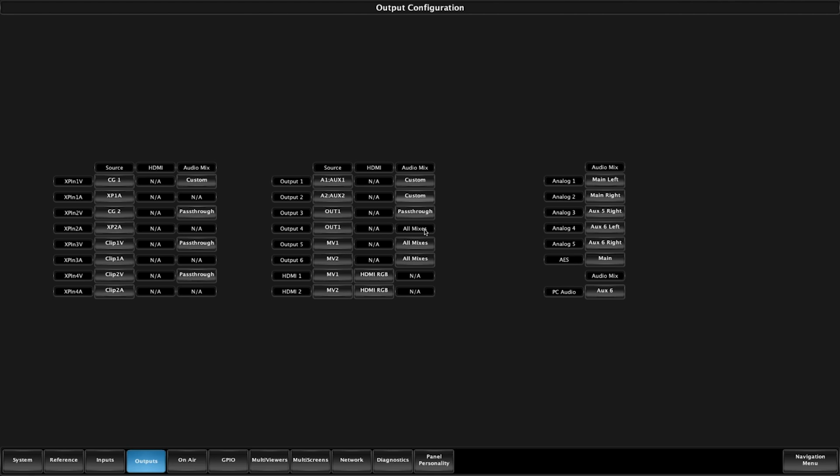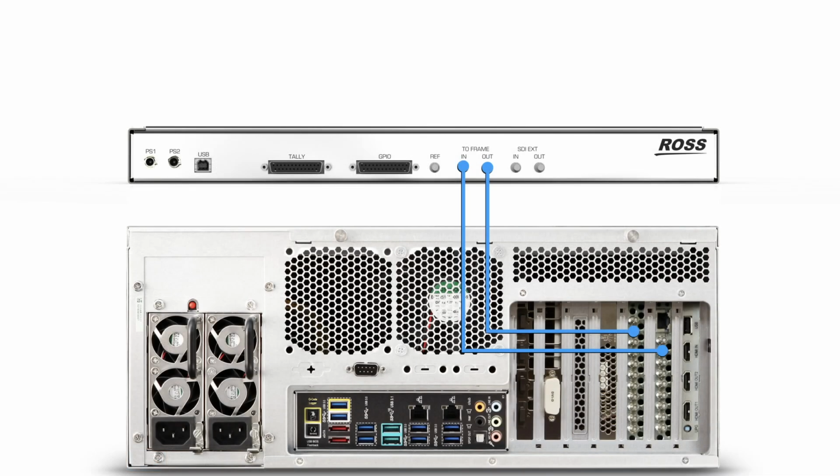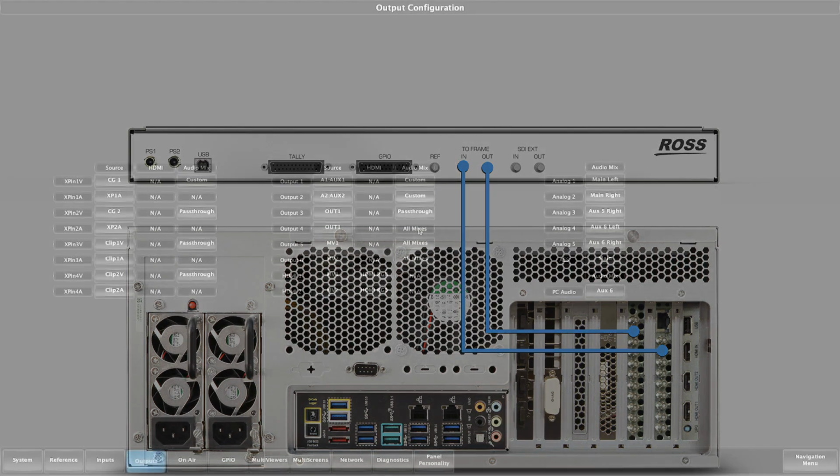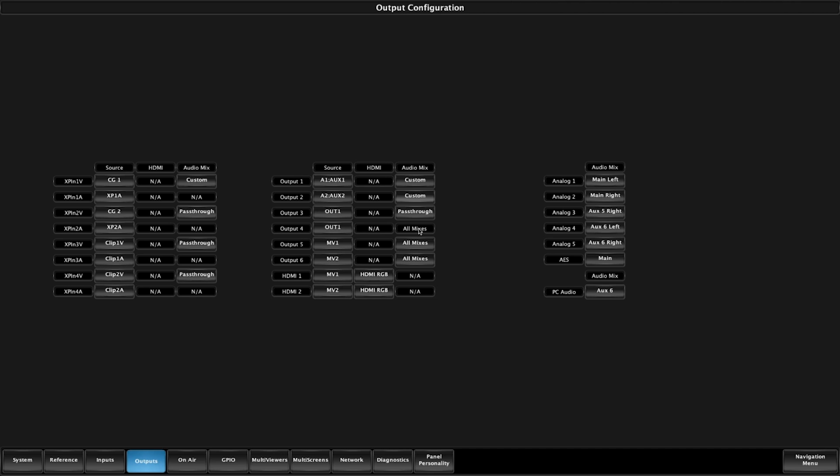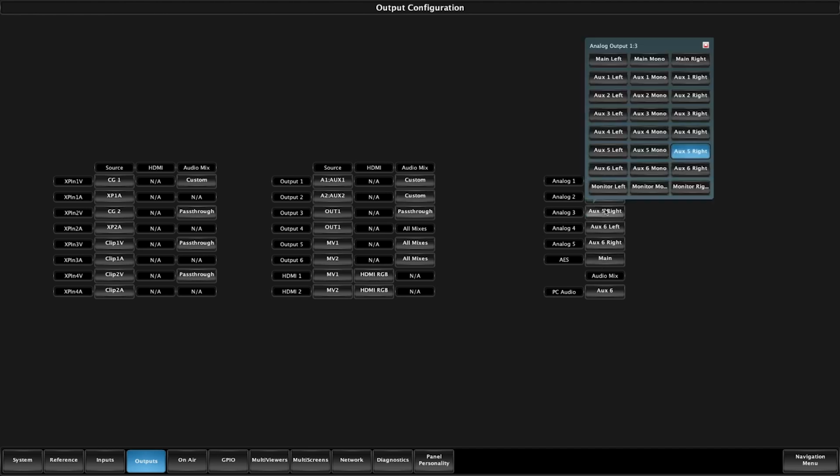Note that you will still have a limitation on the outputs that connect to the audio breakout modules. In this case, because there is a single audio breakout module defined, output 4 is the output that would be connected and passed through the audio breakout module. With this in mind, we must lock down output 4 to all mixes so that the audio shows up in the correct location. That way, when we configure the physical analog and AES connectors that are on the embedded module,